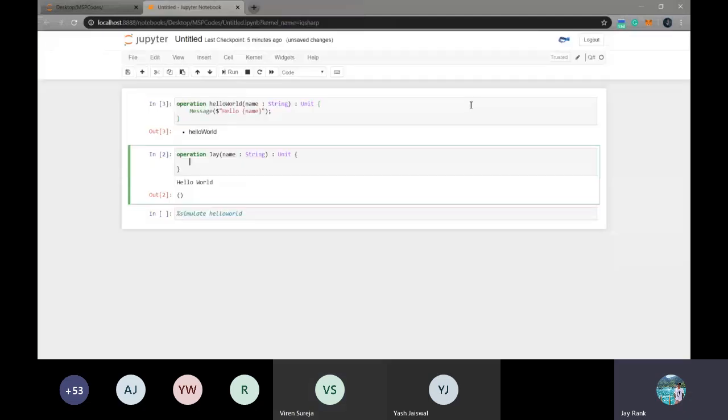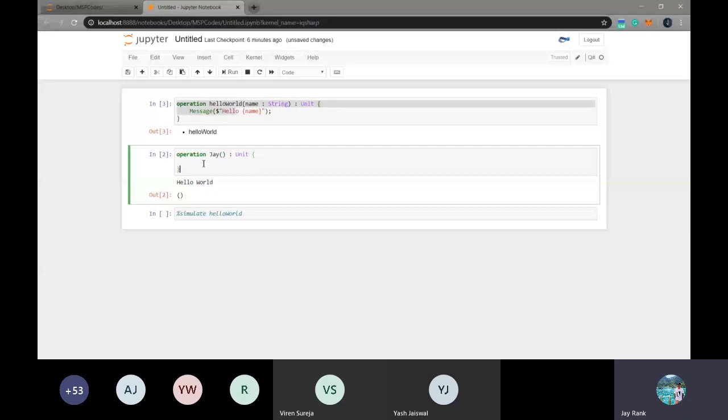He left. So let's say that I'm not passing any string here. I want to print the name, my name, that is Jai. Then I have basically created the operation Jai, and I'm not passing any kind of variables because I don't need one. Now what I wanted to do is use this hello world operation to print the name Jai.